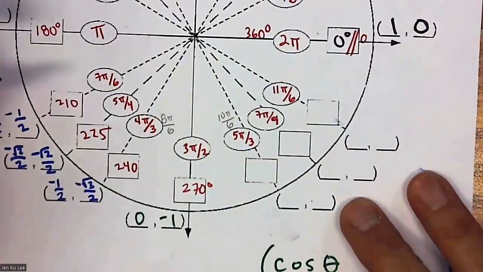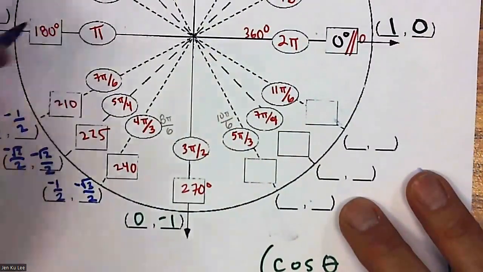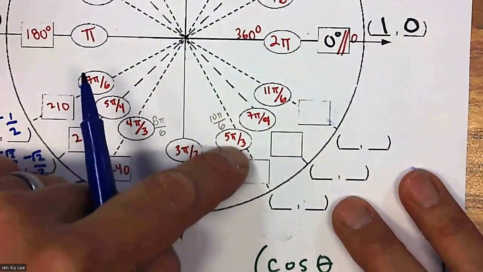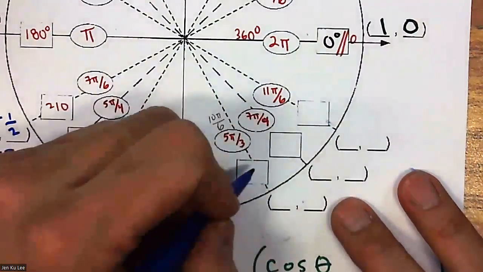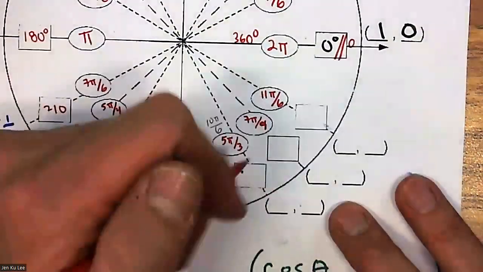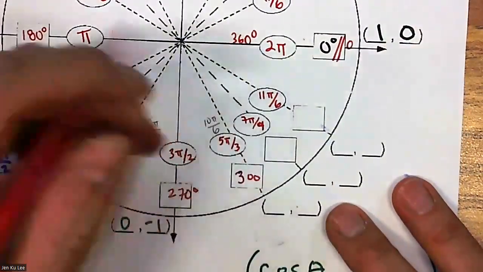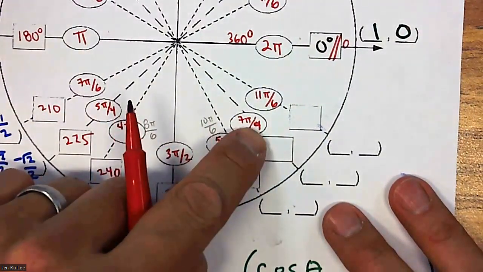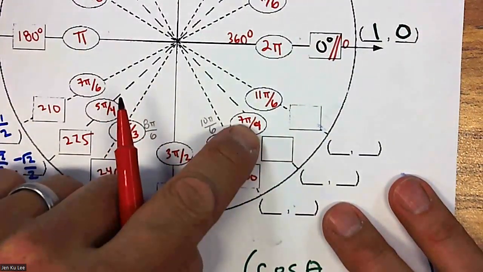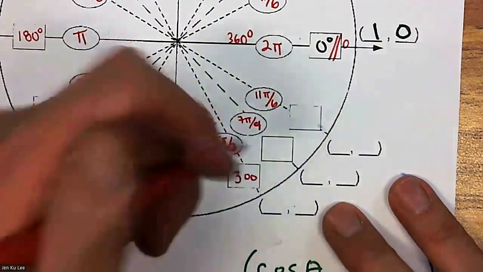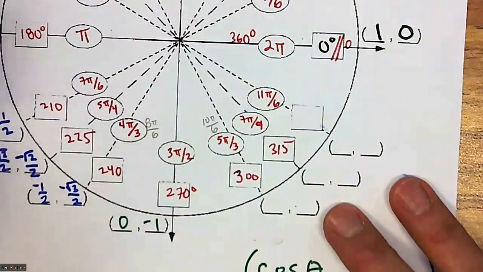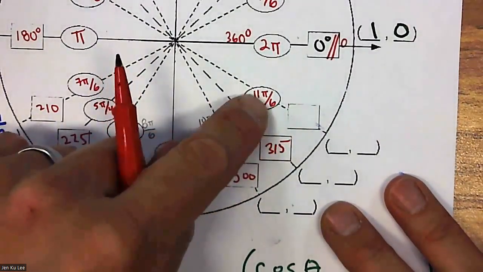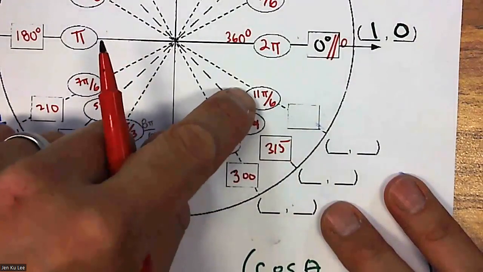Last one. 5 times pi over 3, which is 60. So 5 times 60 is 300. Let's do the angle measures first. 7 pi over 4, so 7 times pi over 4, or 7 times 45, is 315. 11 pi over 6, or 11 times pi over 6. Pi over 6 is 30, so 11 times 30,